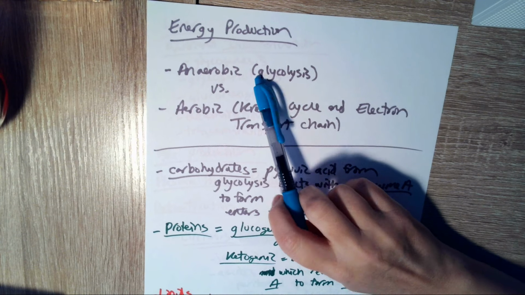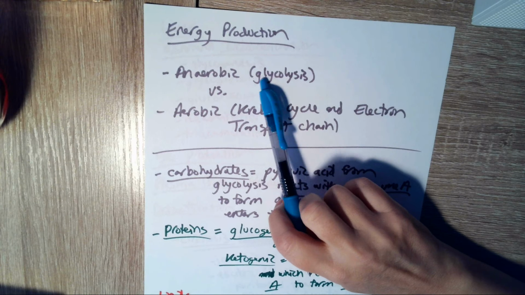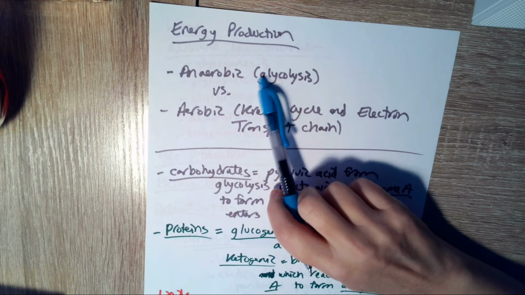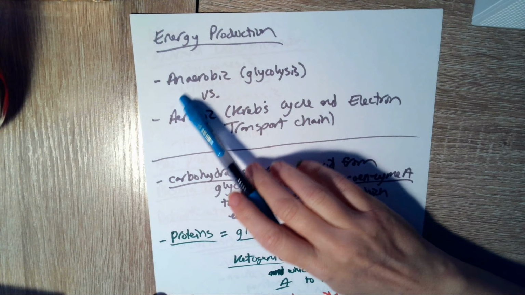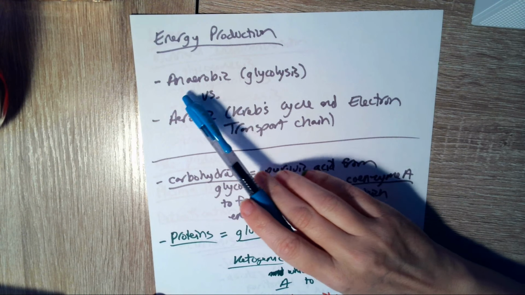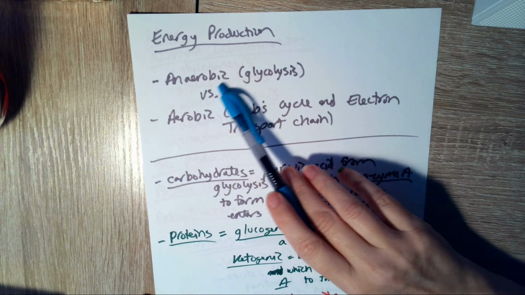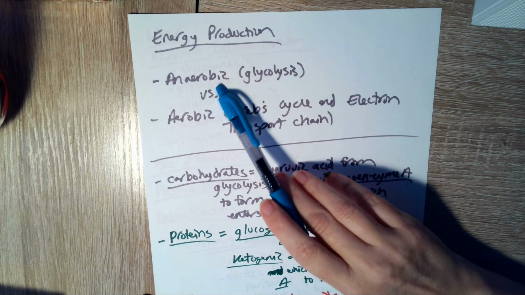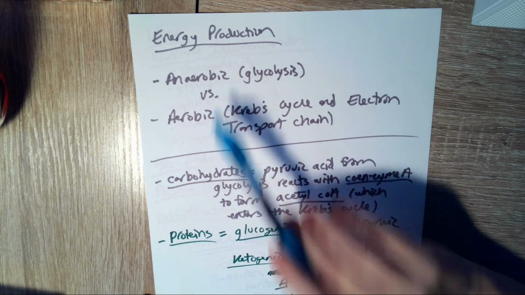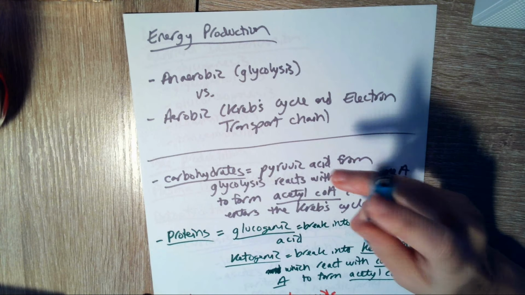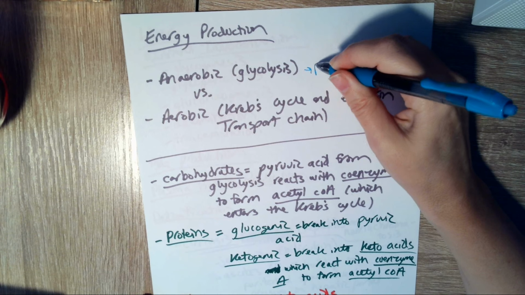Glycolysis, like think glycogen, which is a long strand of glucose, lysis, which is breaking down, so the word literally is referring to carbohydrates. This would be happening in the cytoplasm, and it doesn't require oxygen. Not a really good source of energy. You're not going to get a lot of ATP production out of glycolysis by itself. What you are getting out of glycolysis is something called pyruvic acid,